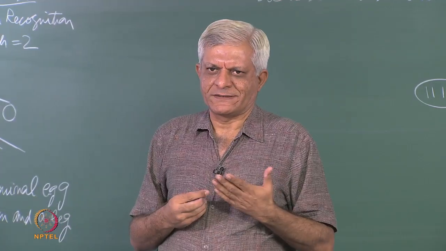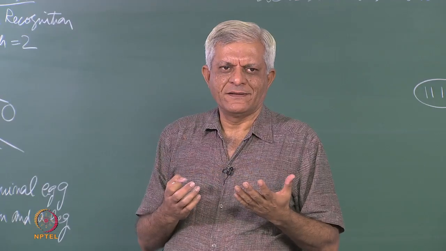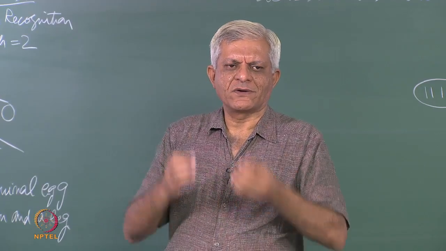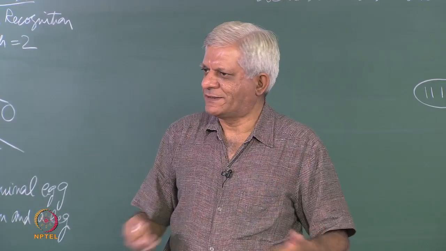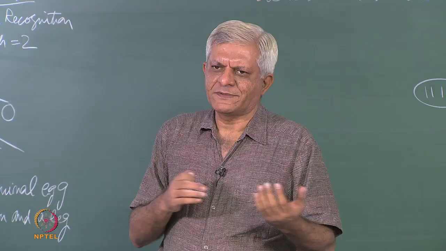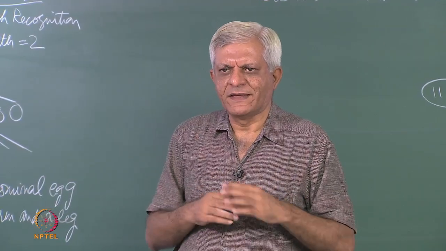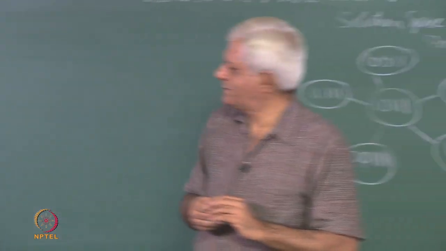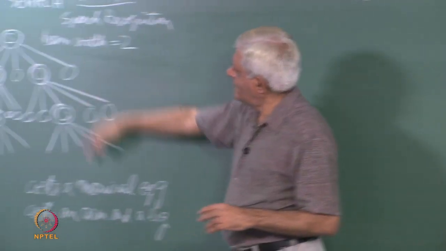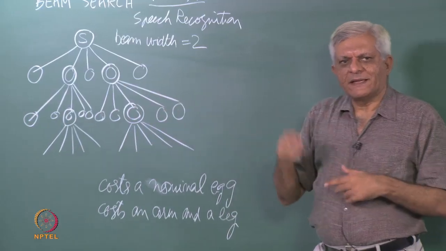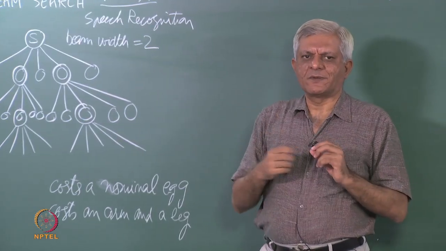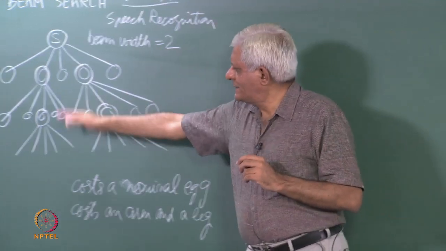It is still constant essentially, because the beam width is fixed. Instead of one node, you are going to keep b nodes at every stage alive, and so b times the number of neighbors is the maximum you have to deal with essentially. So, it is a constant space algorithm, but it may get around the hill local maximum problem, where one branch